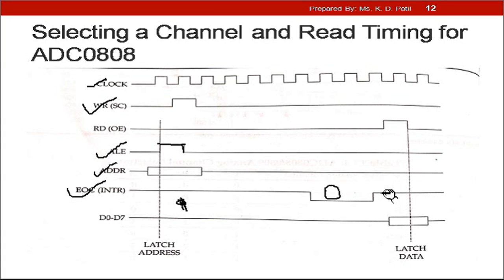Now the output enable pin, that is the read pin, will send a signal indicating that data is available at the digital output lines, that is D0 to D7, and now you can pick up the data from D0 to D7. So a low to high signal will be sent to move the data which is available in the internal register to the lines D0 to D7, and after that the 8051 microcontroller can get the data and process it whenever required.